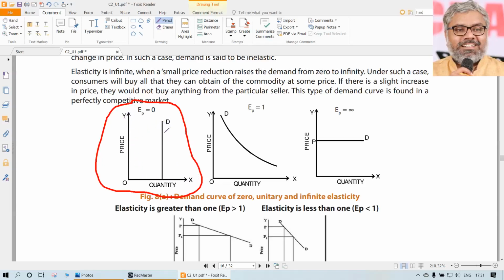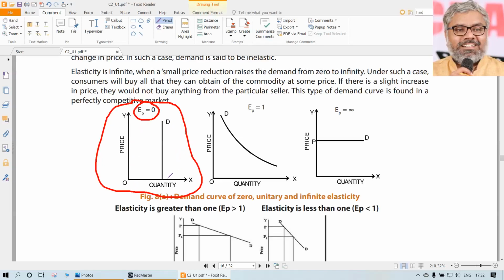So that is the demand curve. Either way this can be asked as a question, but we should remember that when the elasticity of demand is 0, we are talking once again about price elasticity always. If nothing is mentioned, elasticity means price elasticity only. So if the price elasticity of demand of a particular product is 0, then the demand line will be perpendicular to the x-axis, parallel to the y-axis.